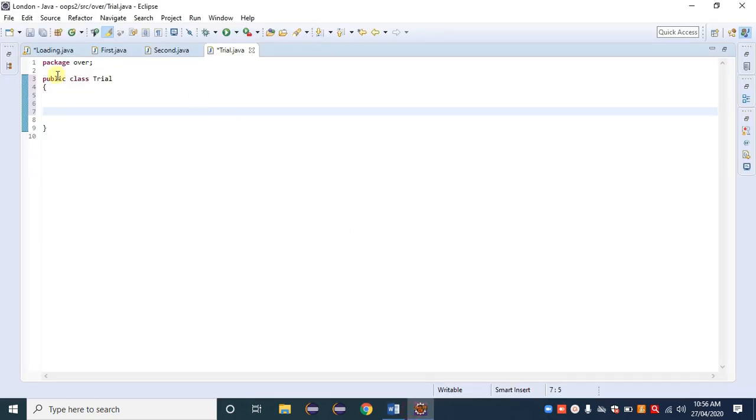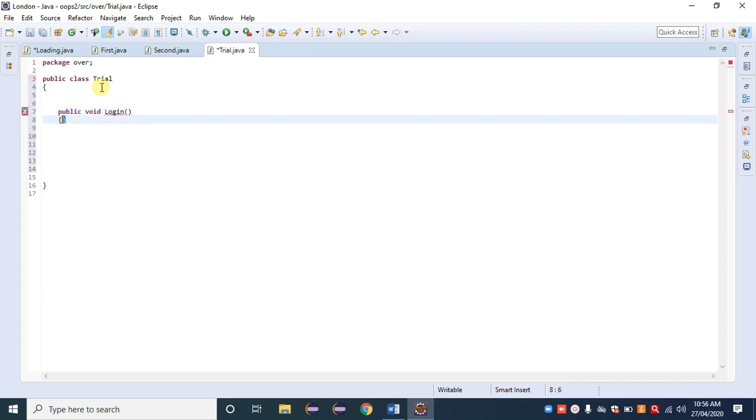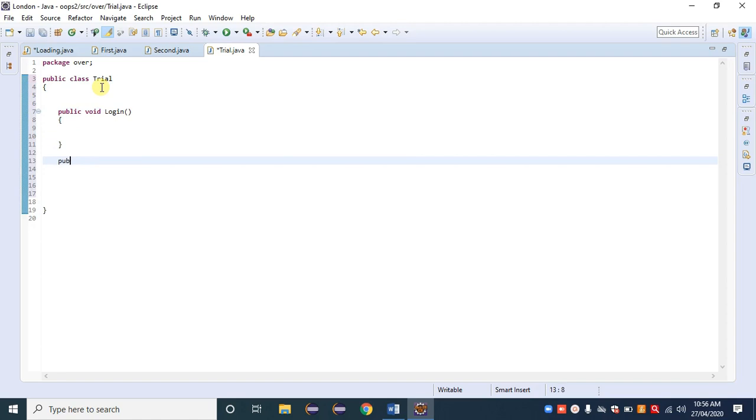So here I am considering one Java class. Inside that I am creating a method, public void, with the method name given here as login. Public: we know that the access modifier doesn't affect this. The return type again doesn't affect this.